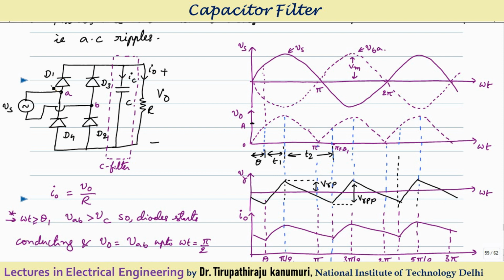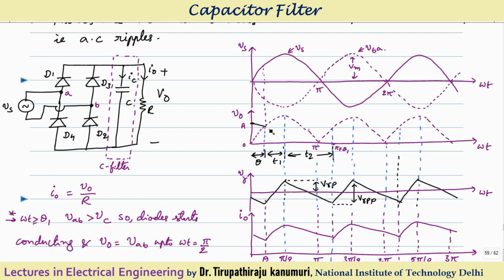Now the diodes D1 and D2 will be forward biased only if the anode of diode D1 is greater than the cathode potential. That means only if your supply voltage is greater than the capacitor voltage will these diodes conduct. So as the capacitor voltage is more, none of the diodes will conduct, or we can say all the diodes are reverse biased. So your output voltage is only equal to the capacitor voltage. Now, as the capacitor is connected to your load, the capacitor will start discharging through your load. Because of the discharging, the capacitor voltage drops gradually.